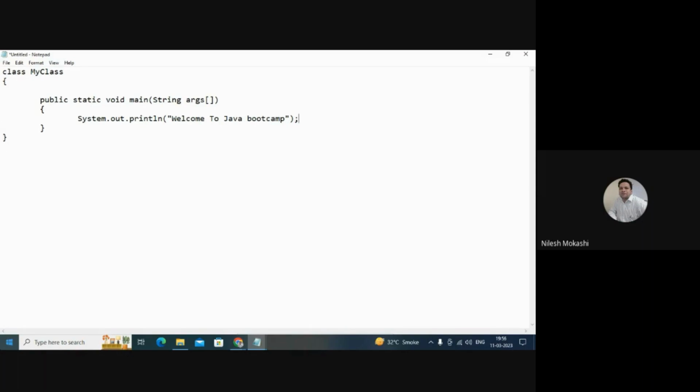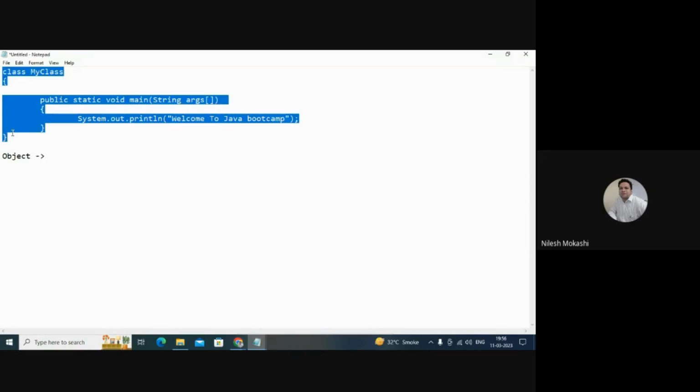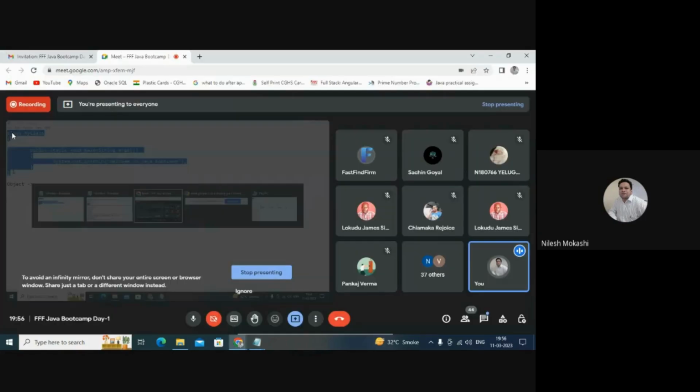So can anyone tell me what is an object? Have you found any object in this program? Take your time. In our program, all the features are there: object, class, abstraction, encapsulation, inheritance, polymorphism. All features are available in a particular class. So can you tell me what is an object? Is anyone there who can identify the objects?